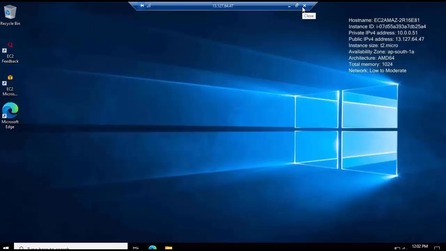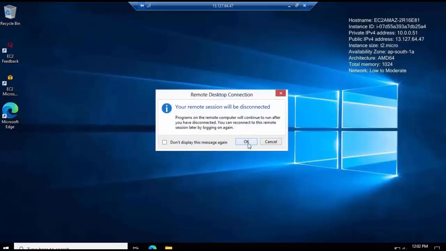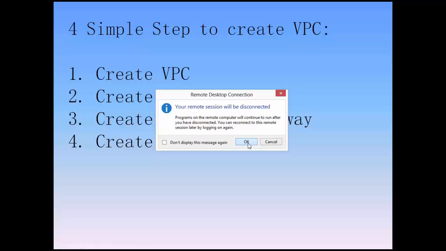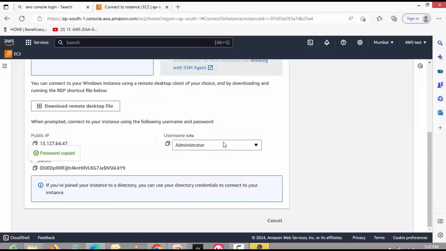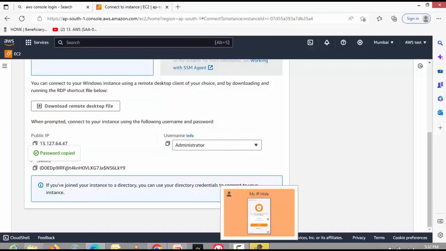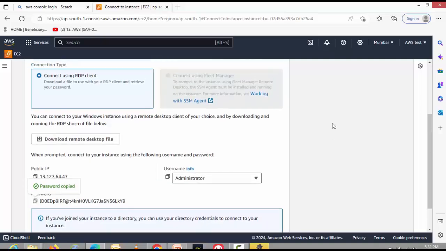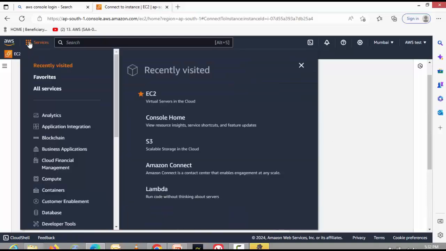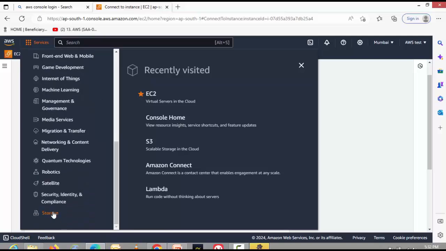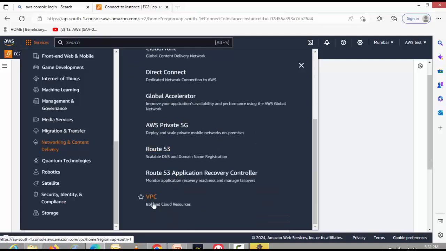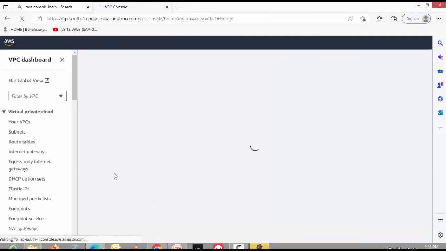Okay, so done. But keep in mind one thing. I'm going to disconnect from the virtual machine. Whenever you complete your practical, always keep it in mind to completely remove whatever resources you have created here. Otherwise, it's a free tier account. If you exceed the limit, it will be chargeable. So better, when you have done the practical,